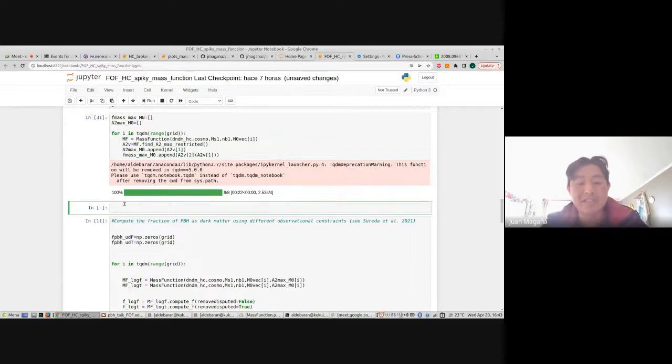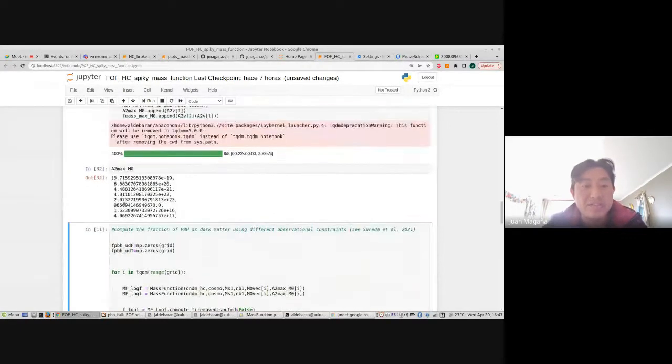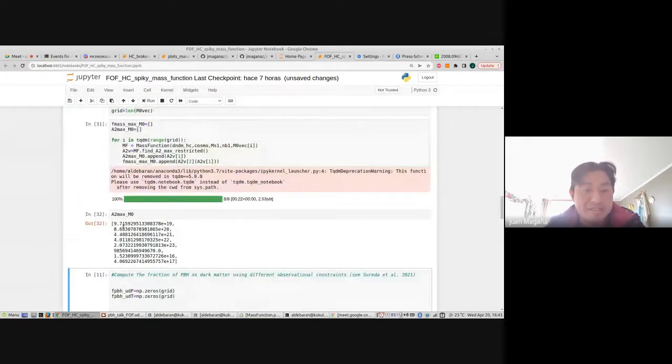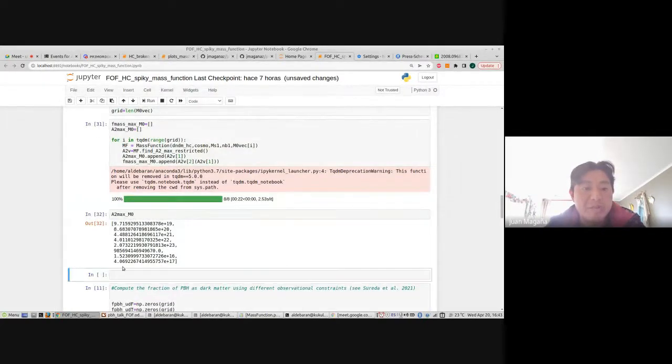I can print a vector of maximum amplitude A2 for the different positions of the peak. And this amplitude will provide this maximum fraction of mass inside the spike.